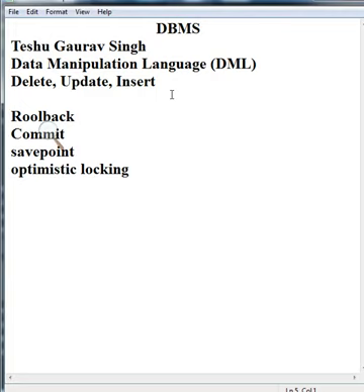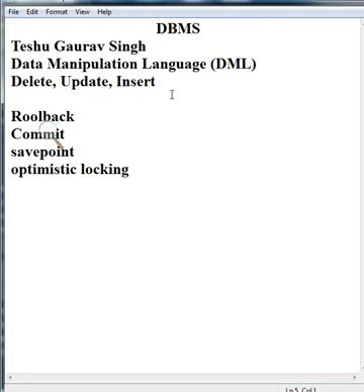There are two things, schema and domains. What do we mean by schema? The name of the table, the number of columns and the type of each column come under the schema. We can change the structure of a table by using DDL commands, which come under data definition language.